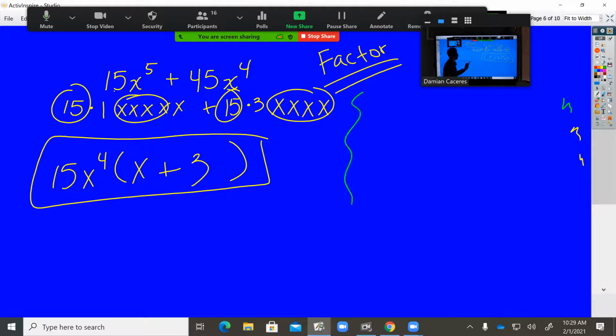Let's say probably 40% of this class every year didn't know that 15 times 3 is 45, because a lot of people don't know that. You know that 9 times 5 is 45, right? So watch what happens if instead of using the greatest common factor, you just use a factor, not necessarily the greatest. Same problem, but let's say I put 5 times 3 for 15,